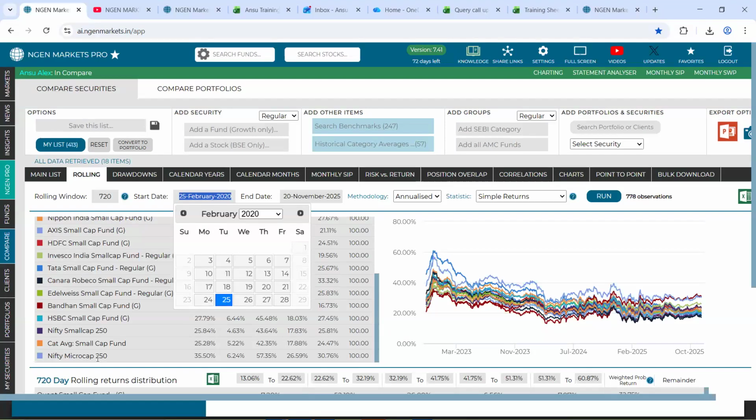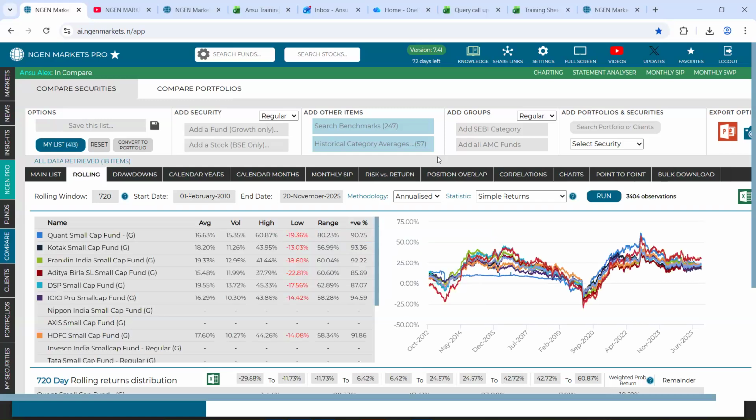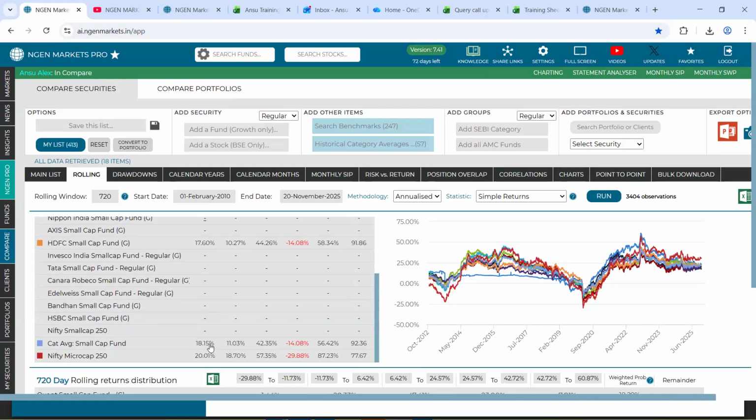Then change the start date to 2010. Please try to understand, if there is a younger fund, the start date will take the younger fund first. नहीं, सिर्फ वही पर्टिकुलर फंड का भी निकालेंगे तो भी नहीं आएगा, रीजन में कि उसका फंड लॉन्च नहीं हुआ था तब। No, it is there anytime. The benchmark data is there.